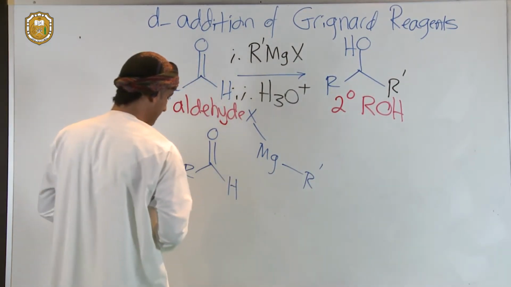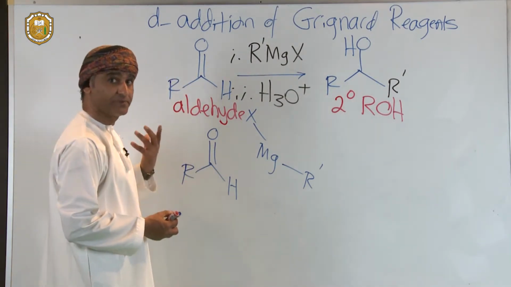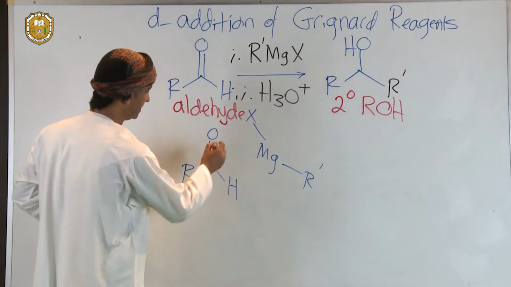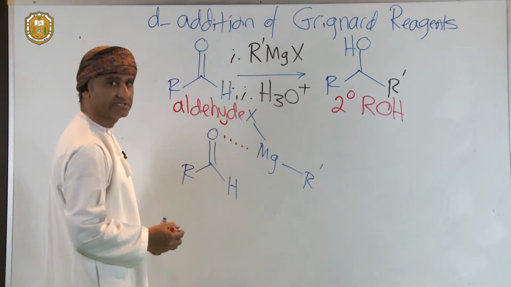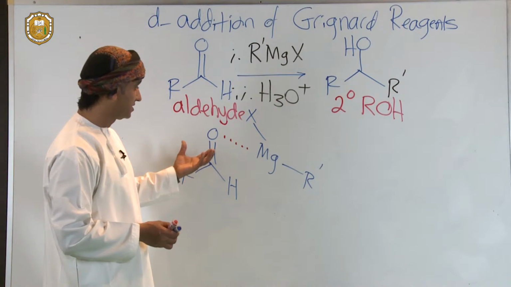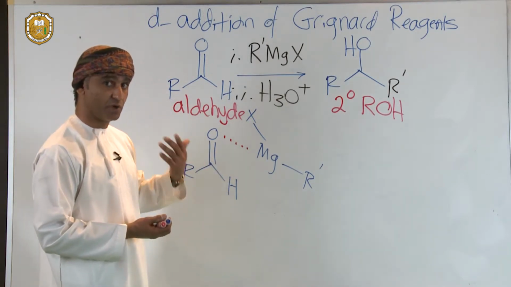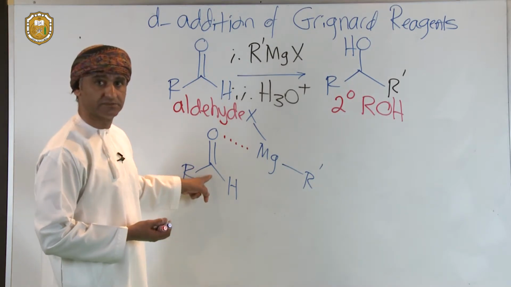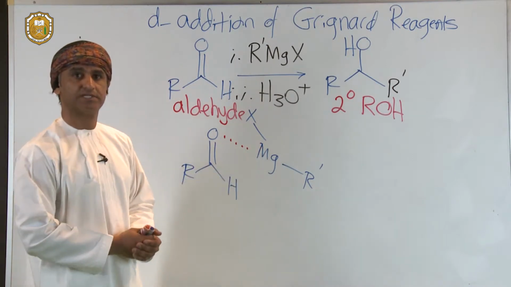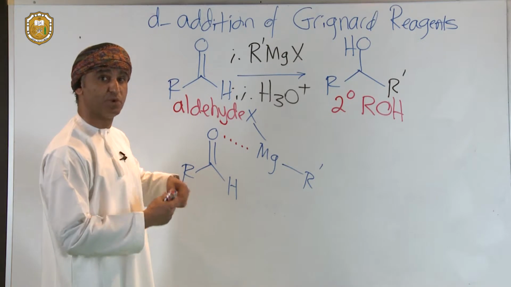So what happens is that oxygen being Lewis basic, magnesium being Lewis acidic, can actually interact like that in a Lewis base, Lewis acid reaction, if you like, coordination. Now this coordination, if you recall, actually enhances the electrophilicity of that carbon. This reaction between the Lewis base and the Lewis acid makes that carbon more electrophilic, in other words, more susceptible